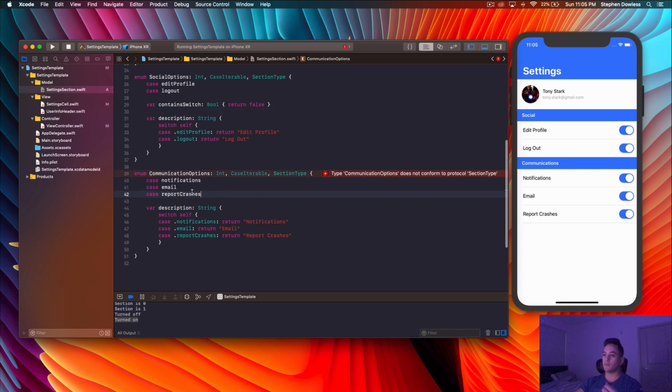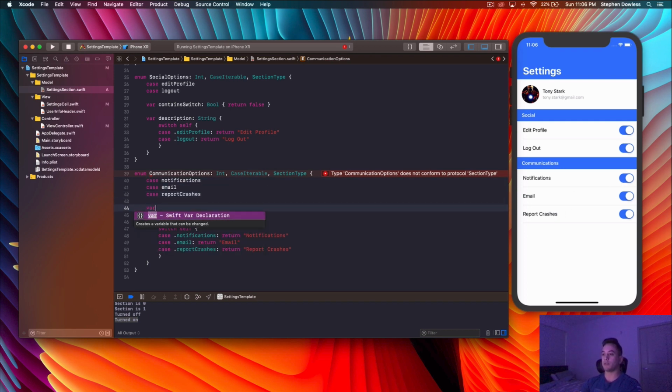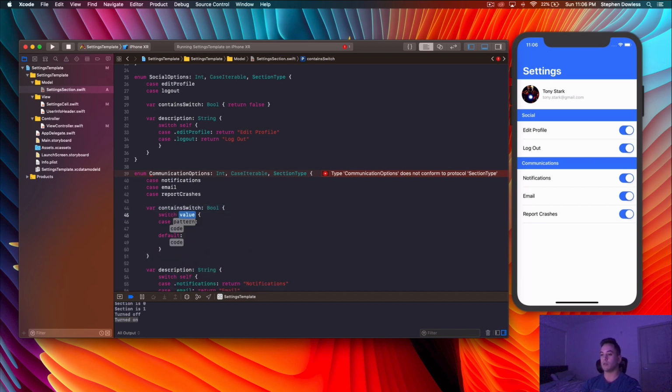And then down here, we can pick and choose which cases we want to add that switch to. So go ahead and implement the same thing. Var containsSwitch: Bool, switch self, case .notifications,